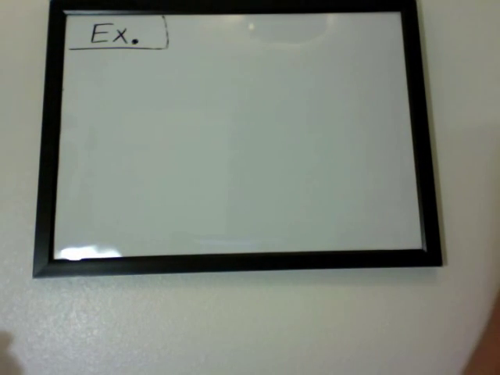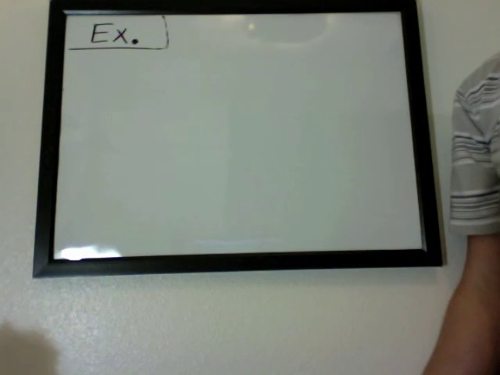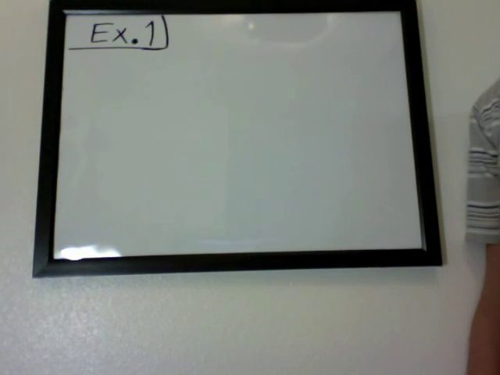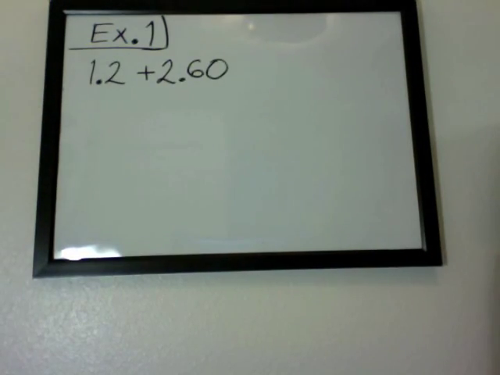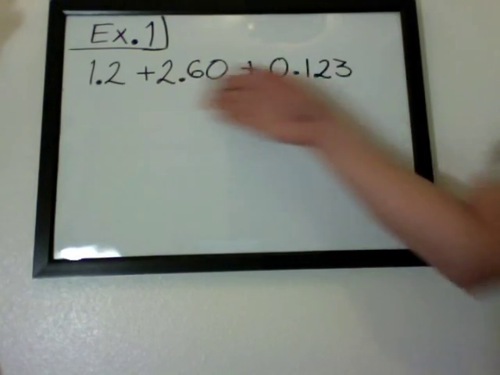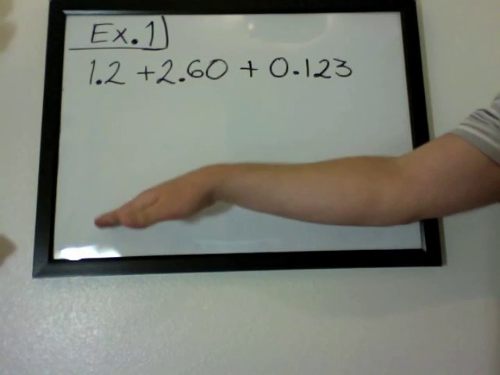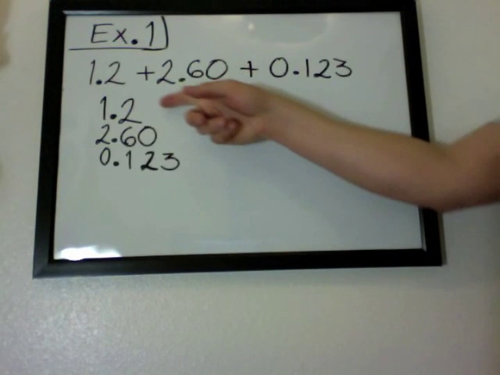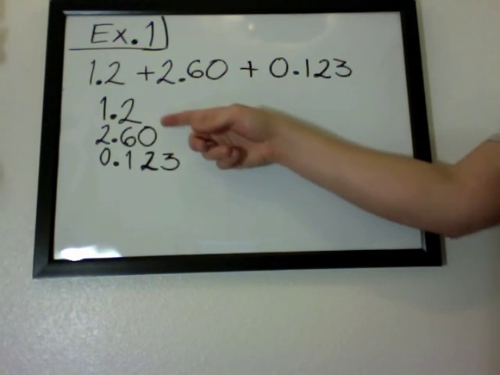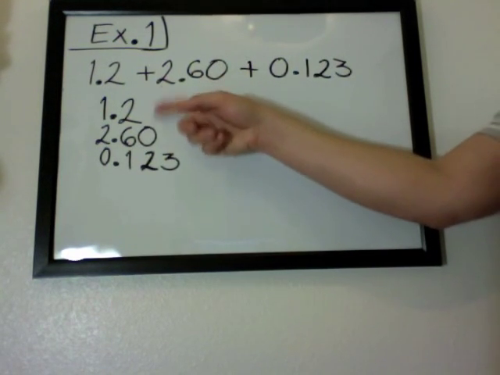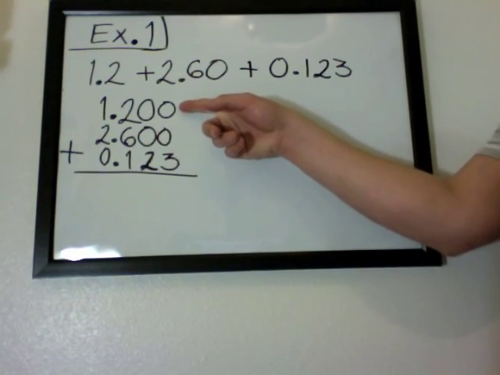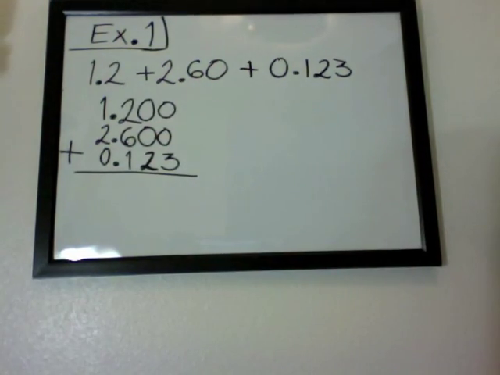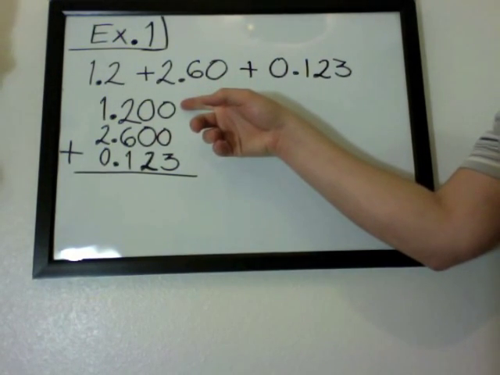This next section we'll be talking about adding and subtracting numbers that have decimals in them. First example, we'll be adding 1.2 plus 2.60 plus 0.123. So it's easier to keep track of these numbers, we're going to write these in a vertical fashion, keeping the decimals lined up with each other. Since these numbers don't line up with anything, we'll add zeros so we can see which column they fall under. So when adding this, we're looking at the first column here, then the second column, third column, and then the fourth column. If they don't have any numbers above them, there's always zeros above them,